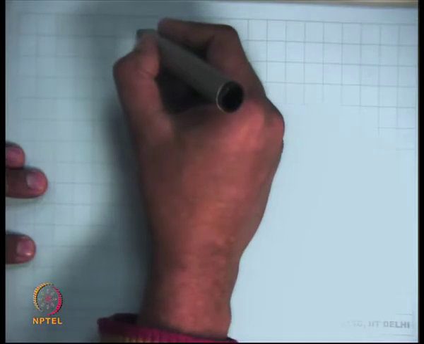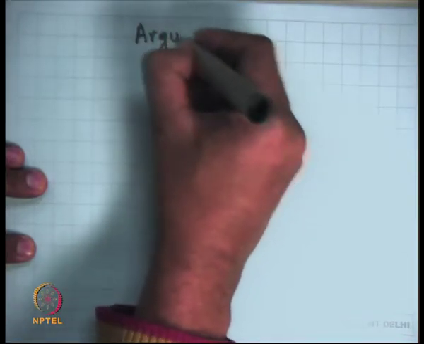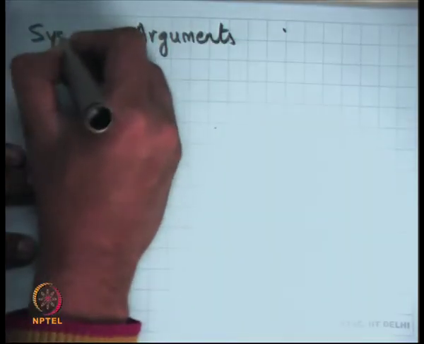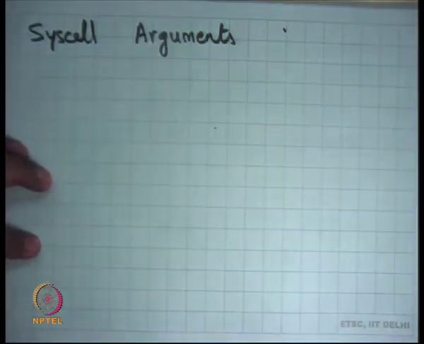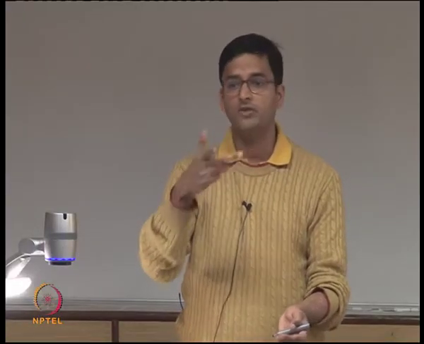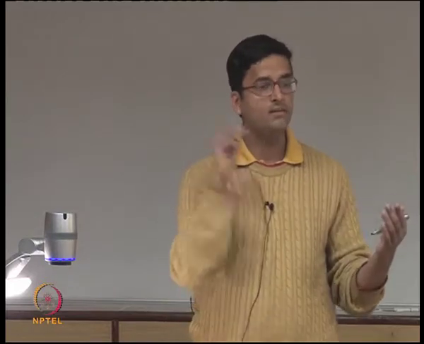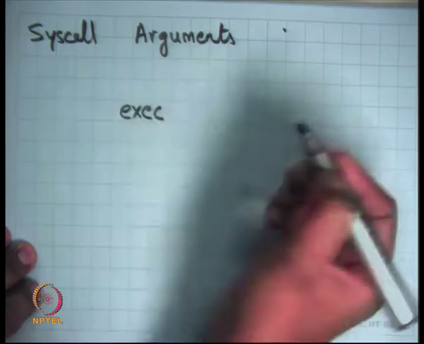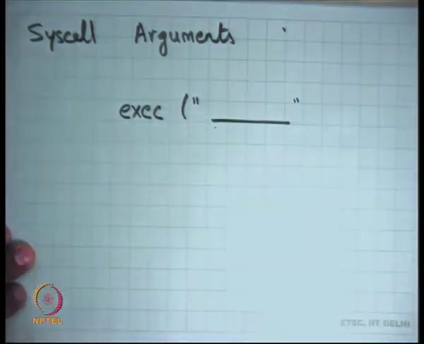Now today I am going to talk about how you handle syscall arguments. One of the big reasons we had this organization of an OS where the kernel and the users share the same address space is because user and kernel can communicate very fast. They can just exchange a pointer and the user can dereference that pointer because we are in the same address space. So that was a big deal. And what we said was, let's say I have a system call called exec, and it takes a string.